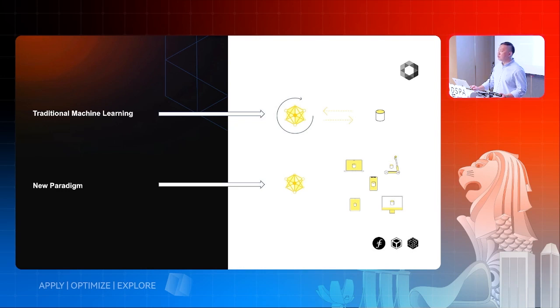And generally, with this generative AI thing coming along, they mentioned that training is a huge component of it, but actually inference is also a huge component of it, which I will talk about some of the tooling in the later part of the presentation itself. So the new paradigm, coming back to this, actually allows you to train the model on the edge itself and then send back the weights to the centralized server to create a model.